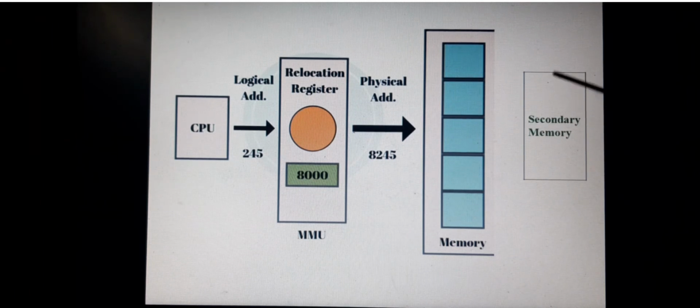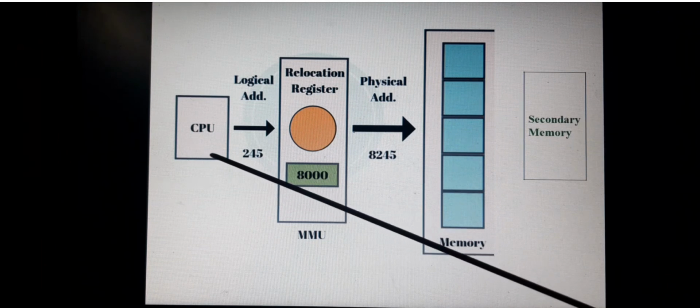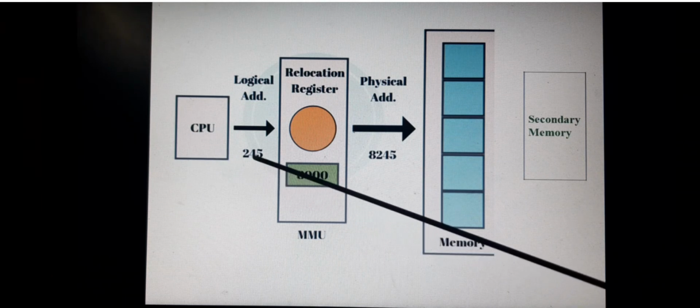So now the program is loaded into the main memory. Soon after loading into the main memory, the address will be changed, because in the main memory, physical addresses will be there. So here the main memory starts with some different address. If a CPU wants to execute, as the CPU executes instructions line by line,